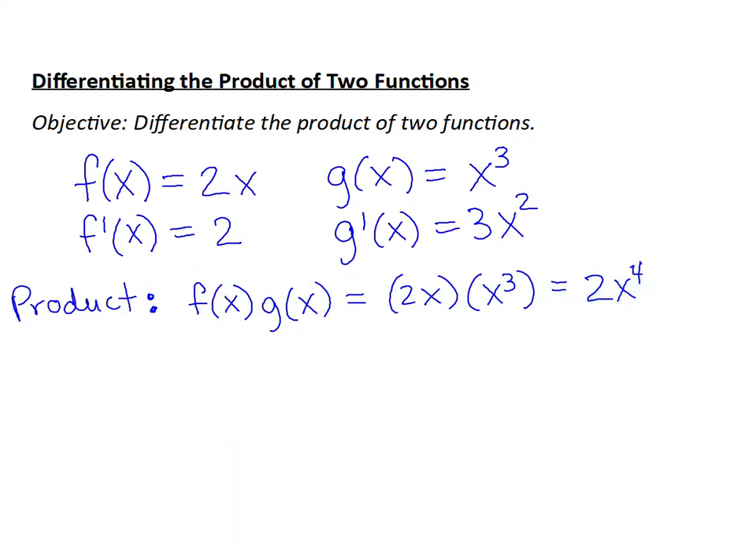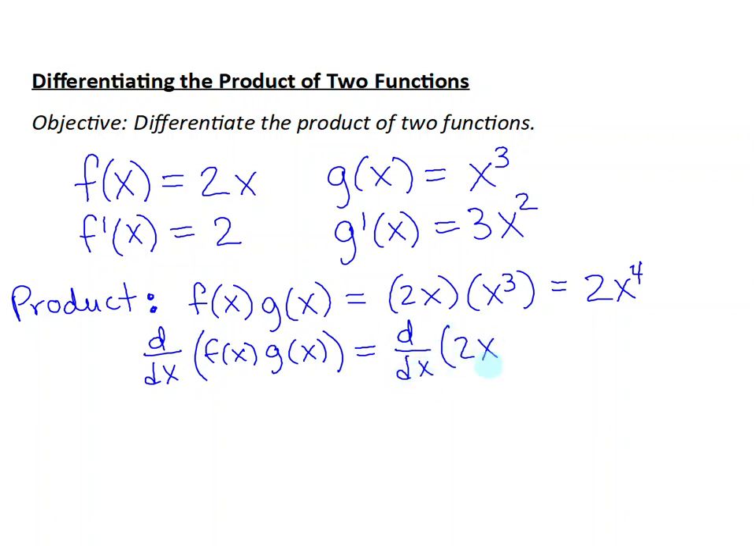If I then take the derivative of that product, the derivative with respect to x of f of x times g of x, that will be the derivative with respect to x of 2x to the fourth, which will be 8x cubed. Let's take a look at the product of the derivatives,